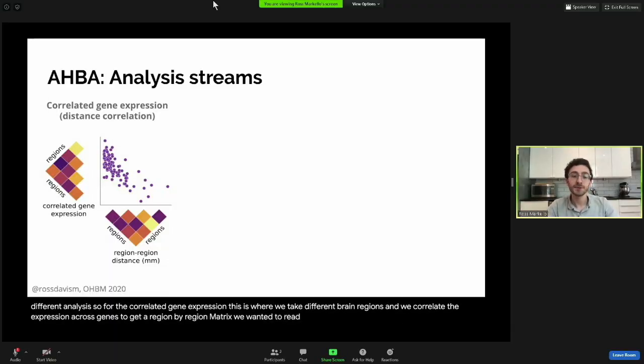We wanted to reproduce something that's been shown in the literature time and time again, which is that brain regions that are further apart tend to have lower correlated gene expression. We see the same thing with functional connectivity, structural connectivity, and the like. And so this is kind of well established. And so to do that, we took the upper triangle of the correlated gene expression matrix and the upper triangle of a region by region distance matrix, that is just the Euclidean distance between brain regions, and generated a Spearman